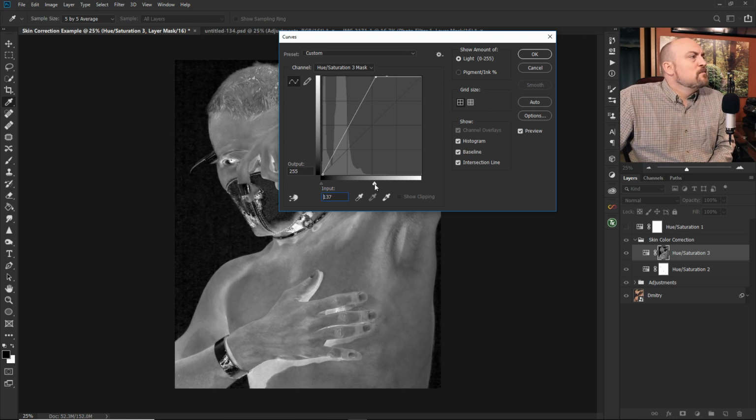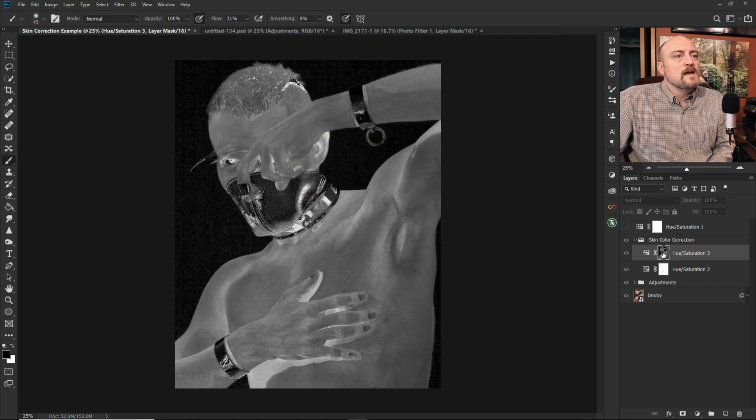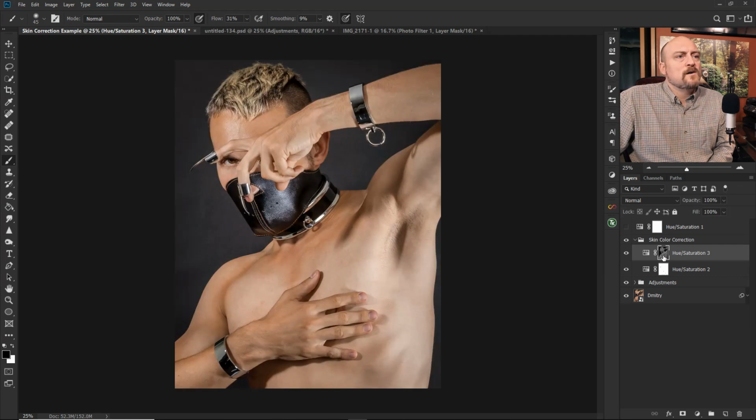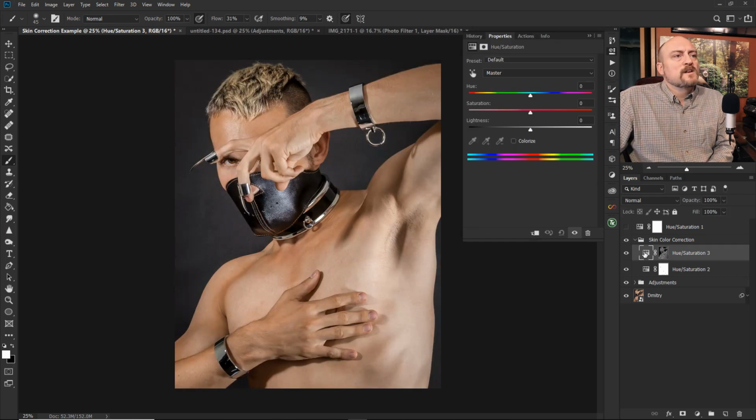But you can go a little bit more, a little bit less, depending on what you want to do. I'm going to leave it right where Photoshop suggests, because I know that it's got the whitest already set for the most saturated, so that's good for me. I'm going to say OK, and if I Option Alt click out of that, I can come back over here to the Hue and Saturation, and I can just drop the saturation like this, and you'll see that it's dropping the saturation from the most saturated areas first,